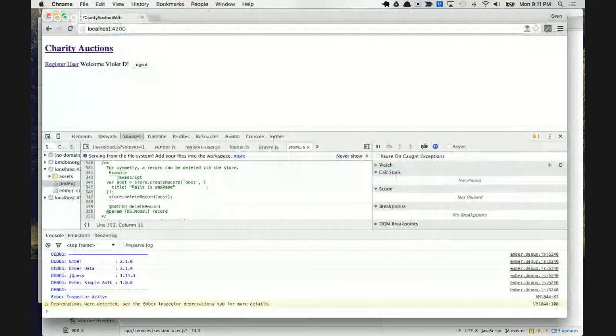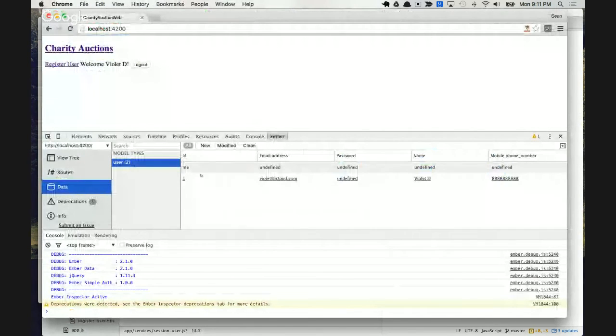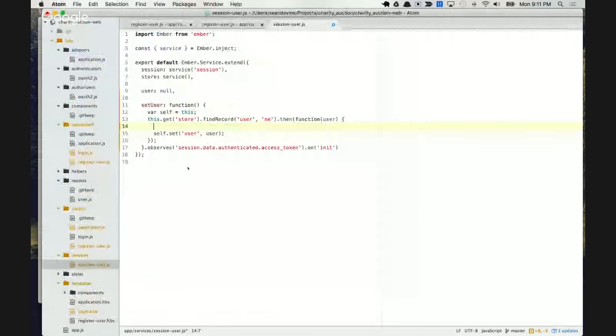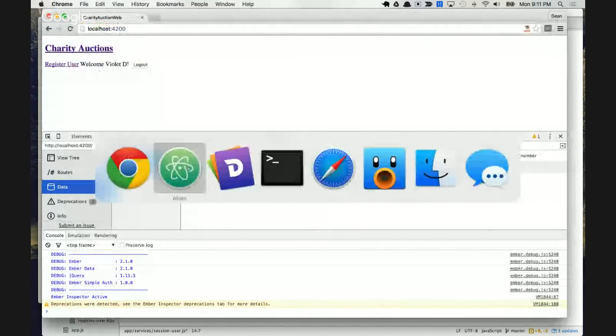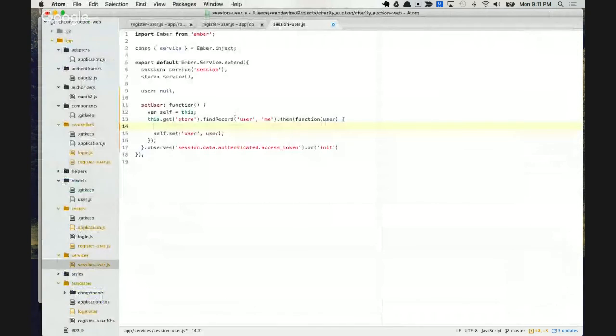So if we go back to our store, we still have this me guy. And the whole point is I didn't want that there, and I want to learn how we get rid of it. And hopefully you've learned something about promises, and I've relearned it again. So here we go. We'll say,